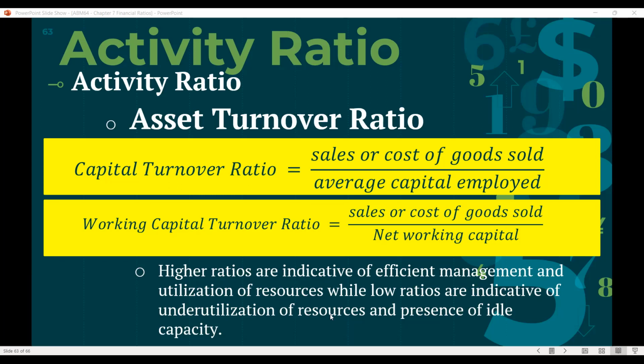So that means when you try to check your assets based on the asset turnover ratio, is it really utilized? Based on this ratio, na-utilize pa ninyo og ayo? So imong i-check. So kung ako siyang i-base first akong working capital, so my sales or cost of goods sold over my net working capital. If dako ang akong ratio, that means na I am efficient with my capital. Gakagamit yun siya. Wala po siya na kulangan. So if possible, you should utilize all of it.